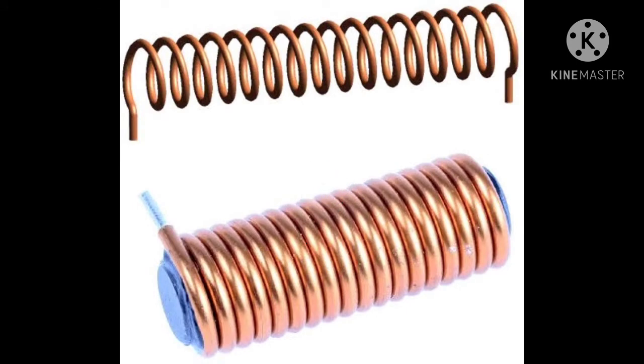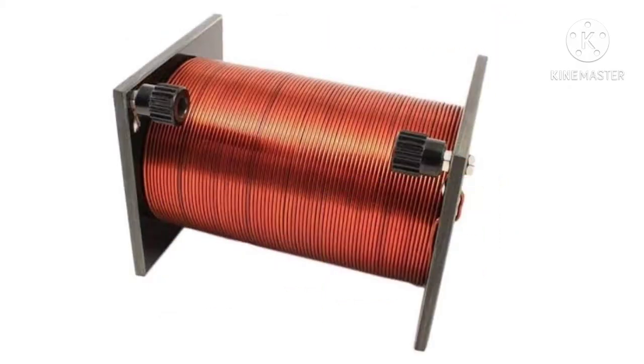A solenoid, as you can see on your screen, appears to be a wire which is wound into a spiral form. Yes, children? A cylindrical structure, and on top of it, when a wire has been wound, it appears to be somewhat like this. So that is known as a solenoid. In the market, solenoids appear somewhat like this, and they are available in various other sizes.